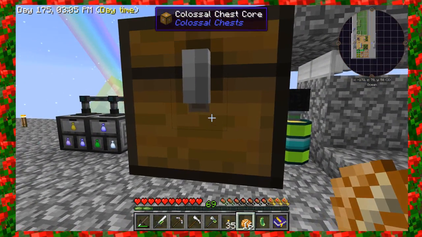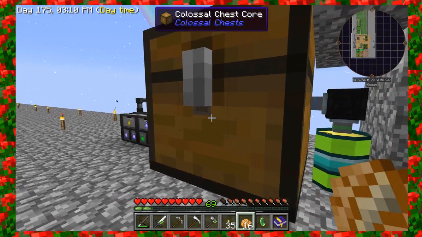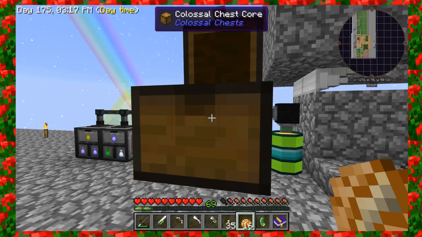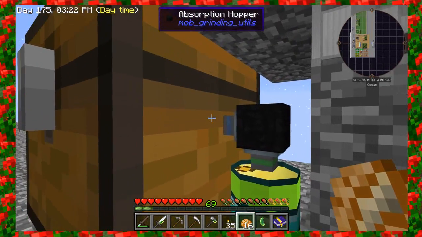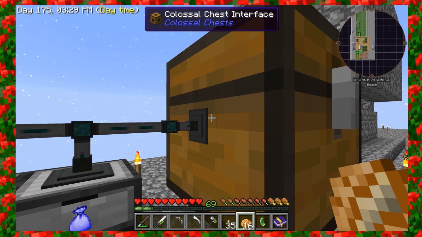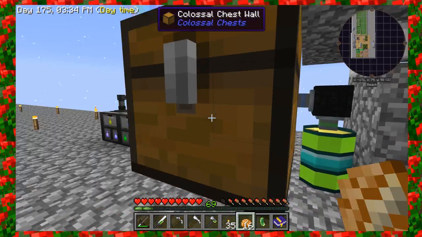I moved the actual colossal chest core to the front, so I was able to realize that whichever side the colossal chest core is facing is the direction that the chest will actually open from, front and back. So I made additional colossal chest interfaces. I don't know if you can see that colossal chest interface, as it says at the top, and I made one for each side, and that's where it's actually interacting with our